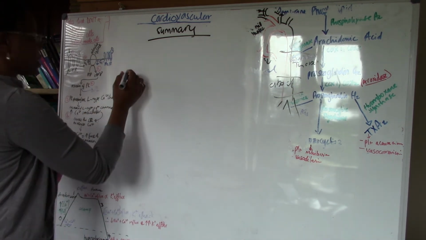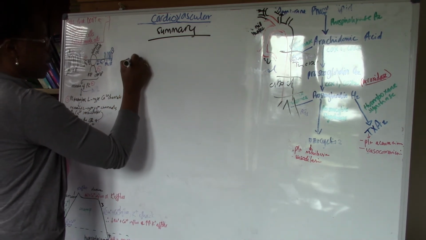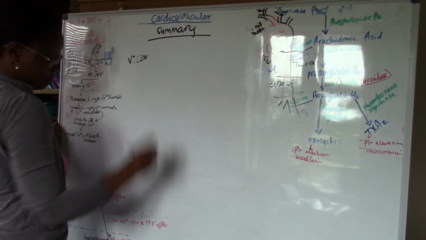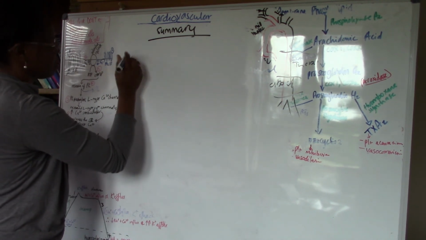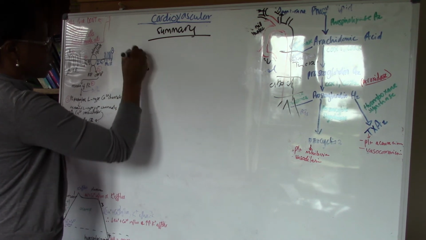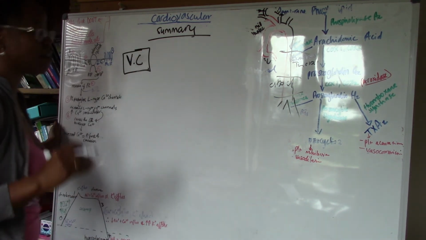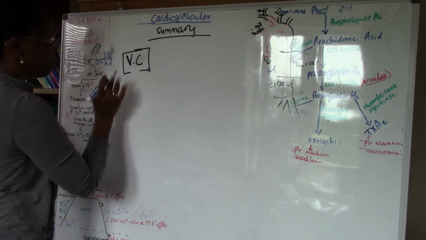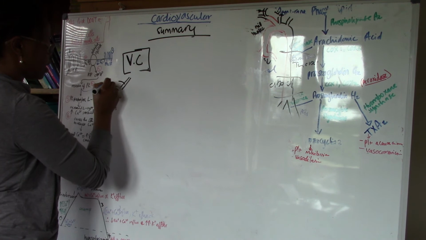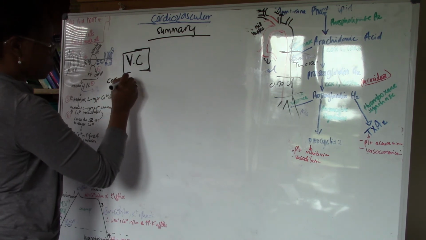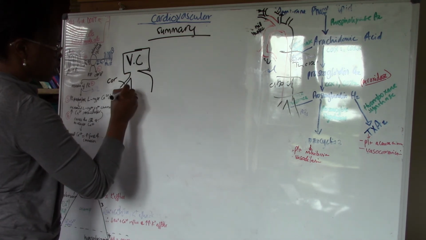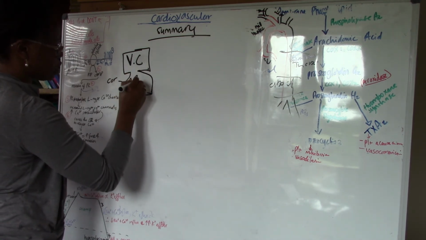So we've discussed how blood comes from the vena cava, from the superior and inferior vena cava, and importantly, another source from the coronary sinus. All of this blood goes into the right atrium,